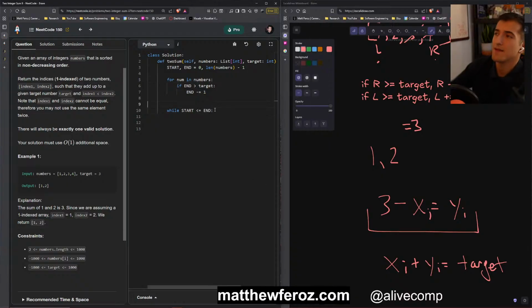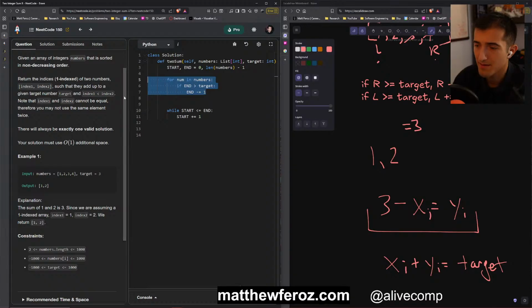So the logic of this isn't difficult. It's just, of course, I'm having trouble writing this. So while start is less than or equal to end, I'm going to start plus equals 1. Maybe I don't need this. And start less than.